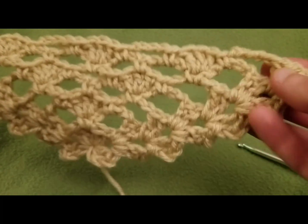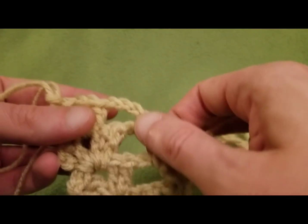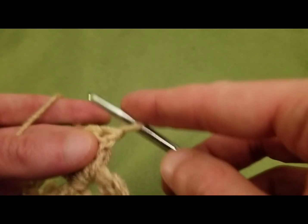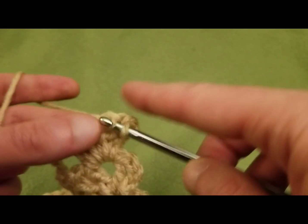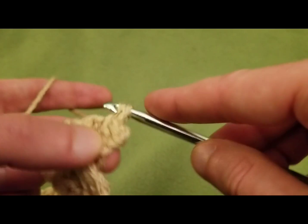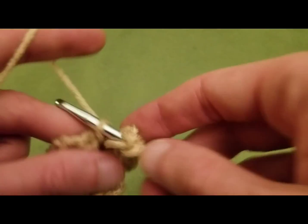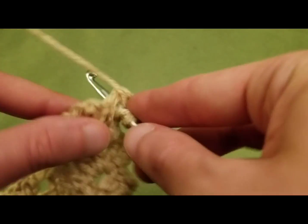So that's the end of the fan row. Okay, we're going to keep on keeping on. Alrighty, so for this next row, we do our slip stitches into the first, the second, and the chain space. Chain up 3, double crochet into the same space, chain 1, 2 more doubles,